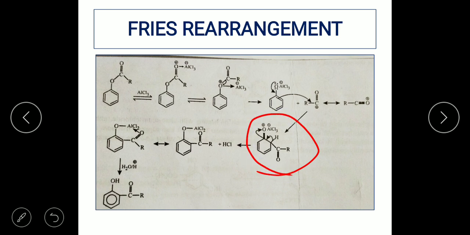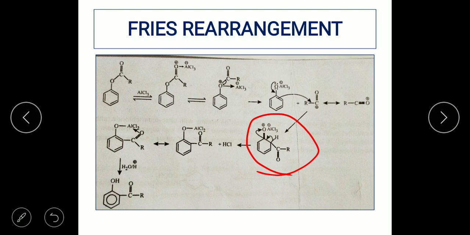So here you can see how the acyl group attacks the benzene ring, and how there is a formation of the intermediate product here. This is an example of the intermolecular pathway. That means the acyl group of another substrate, or an acyl group which is not present within the molecule, is attacking the nucleophile. Hence this is an example of the intermolecular. Now once this is formed, you can see how the oxygen has 3 bonds: 2 bonds with carbon and 1 bond with AlCl3 minus. So hence oxygen possesses a positive charge.